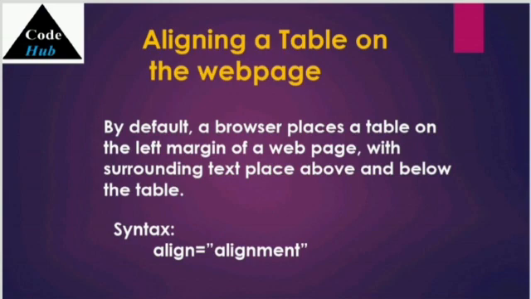The alignment attribute is similar to the align attribute used within the image tag. We can also use the top and bottom attributes. This attribute is used when you need to show tabular information as well as textual information, and you may have an image on the web page as well.